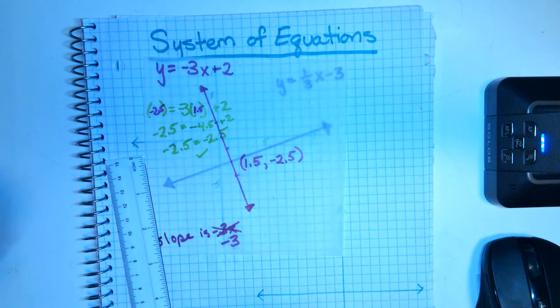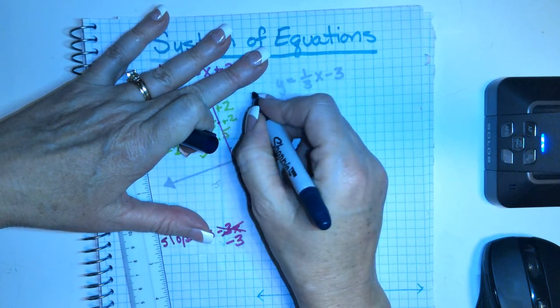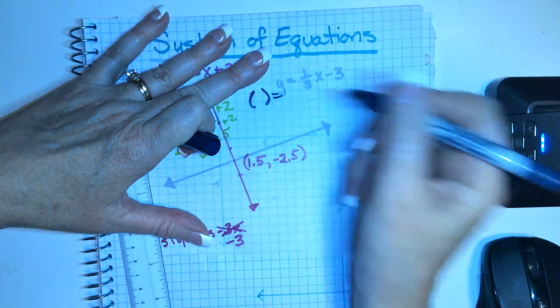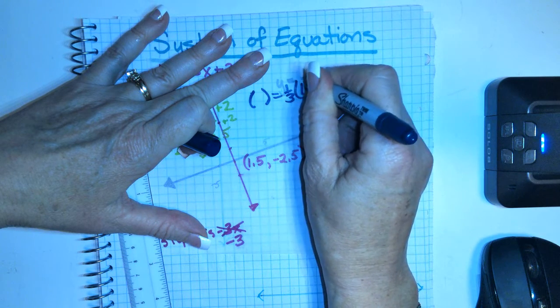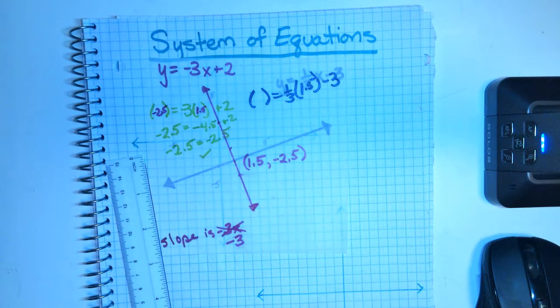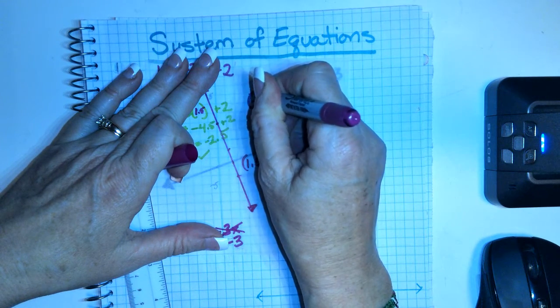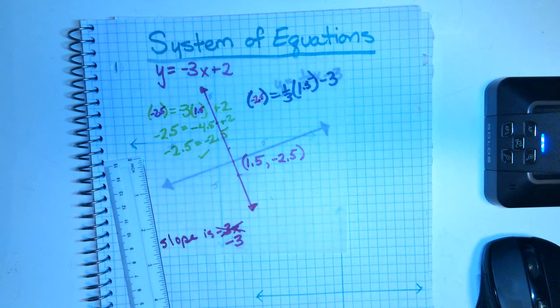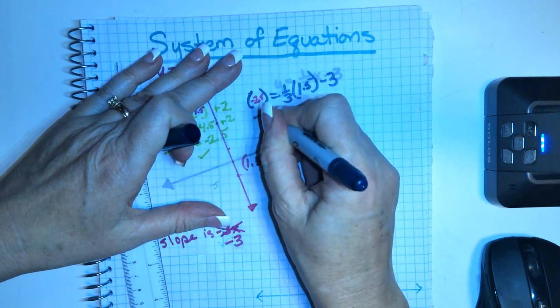For this side, again, I'm going to plug in my value for y. So y equals 1/3 of 1.5, oops, minus 3. I meant to do that in pink. Sorry. I'll put the y value in pink here. So this is -2.5. So simplifying now, this side is going to be -2.5,